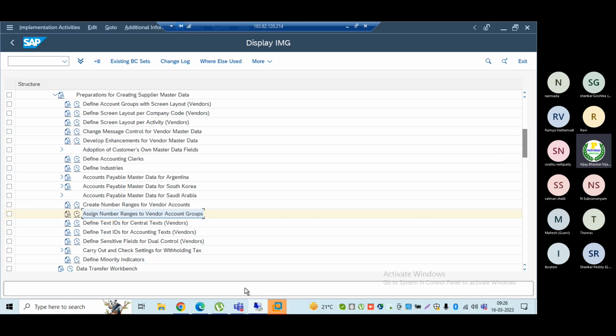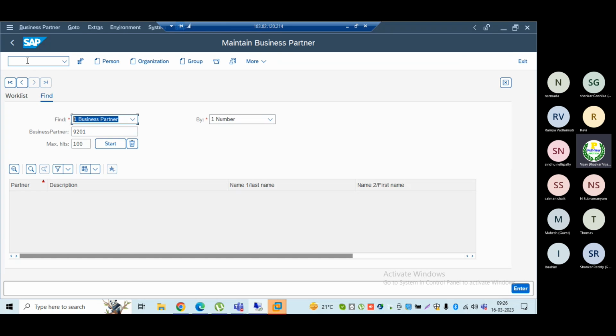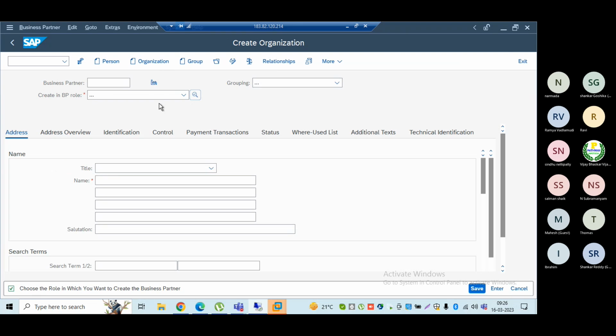Up to now we have done the necessary setup. Now let me create the BP. Go to slash and BP is the transaction code. Either it's a person, you can create for person, for organization, for group. Let me create the organization. As soon as you click on anything, the roles you can see here.